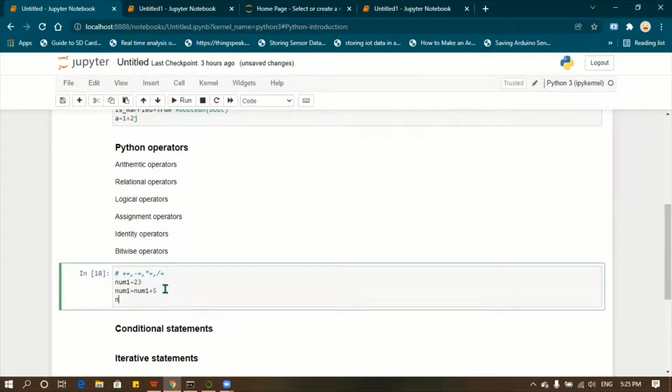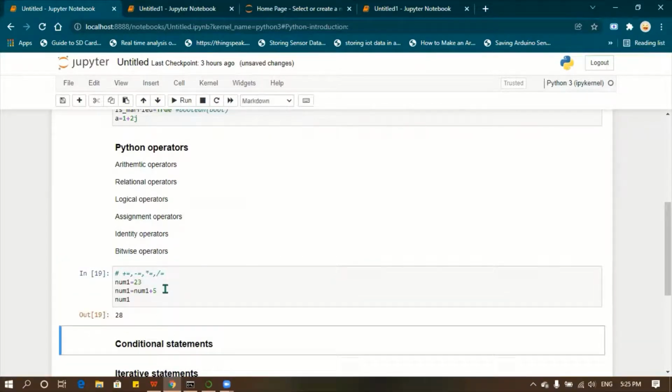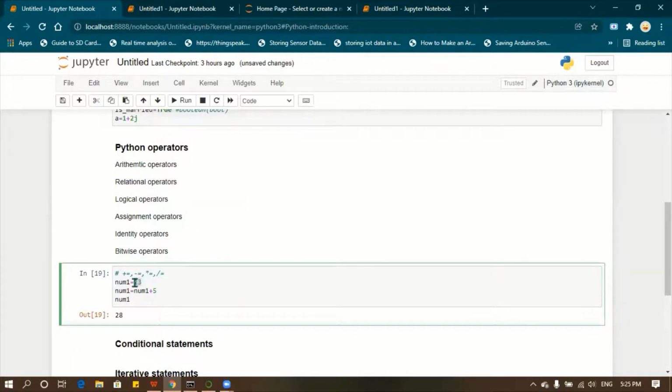So simply number 1, sorry, it is 28. At the beginning it is 23. After performing this calculation, our answer is 28. This is where we are going to use the assignment operators. Here we are doing number 1 equal to number 1 plus 5.